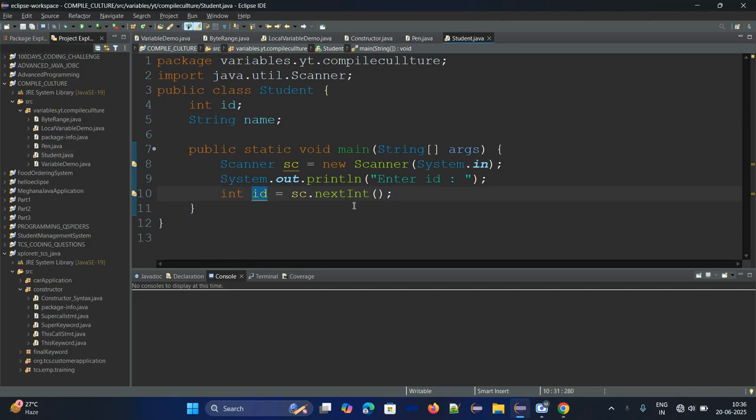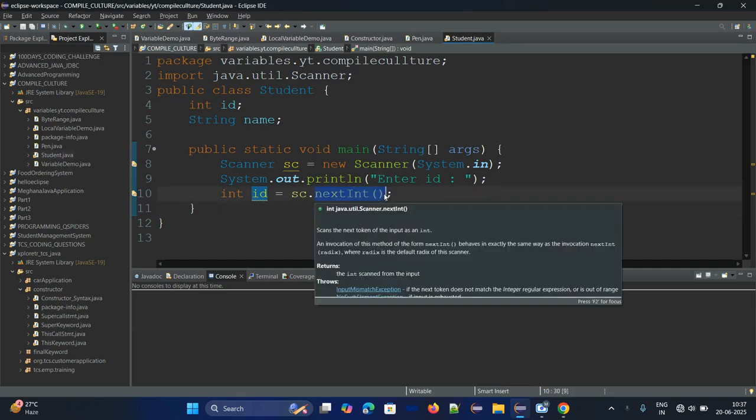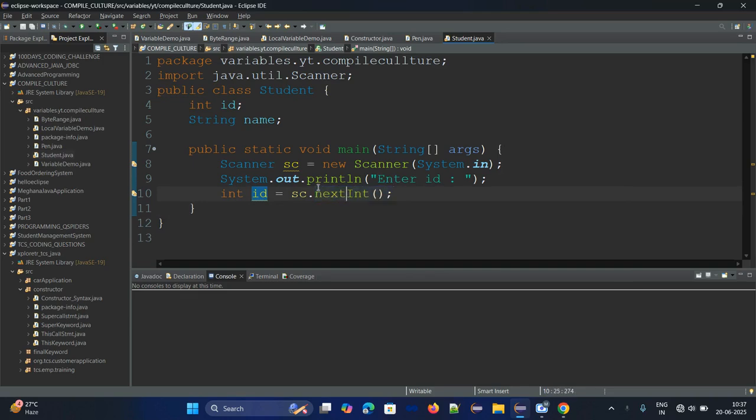If you want to read a floating value, then you should use nextFloat. If you are expecting a boolean value, then we need to use nextBoolean.